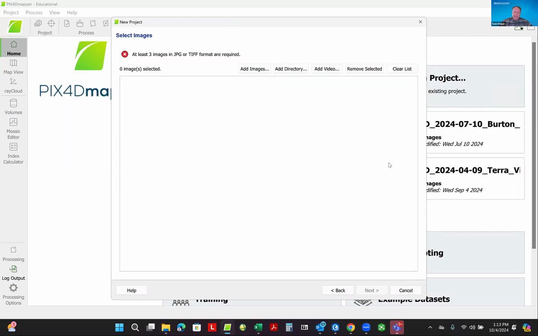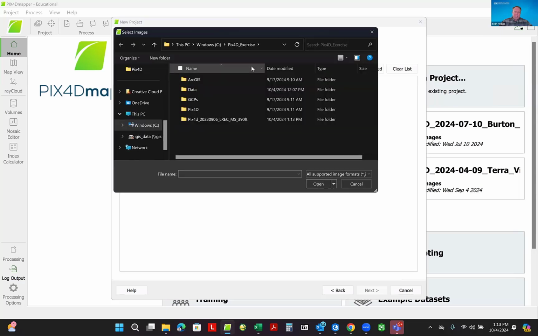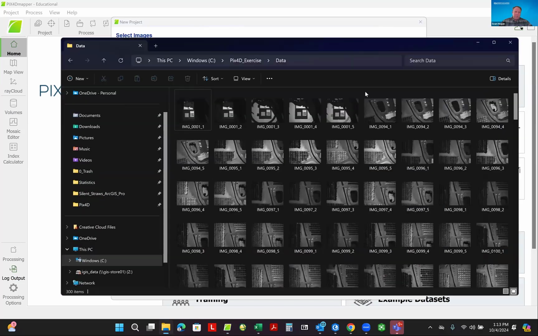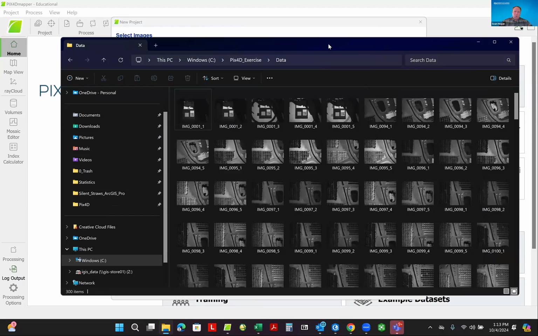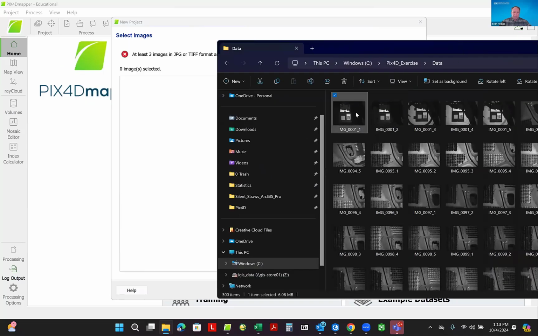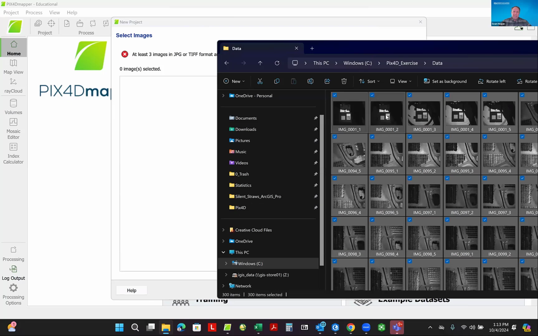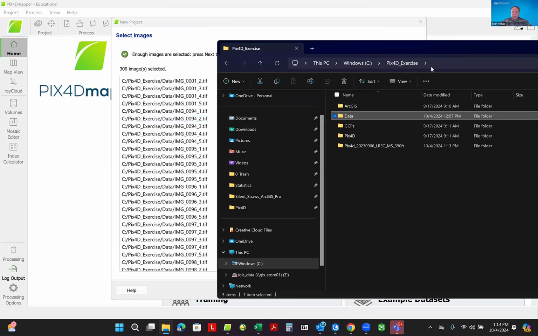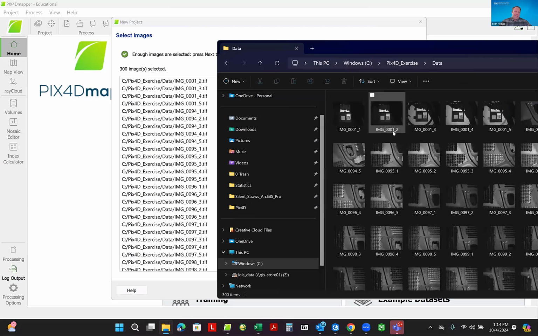Or you can also add data from inside of here by clicking add images and then going to your file folders. The reason I like to do it from my file directory in Windows is that sometimes I'll have a whole bunch of different file folders that I want to put images into a project. And it's often easier just to click on the first image, Control A, and then drag and drop them over, and then go up and move into another file folder and then do the same and drop it in. And so it's just a slight time-saving